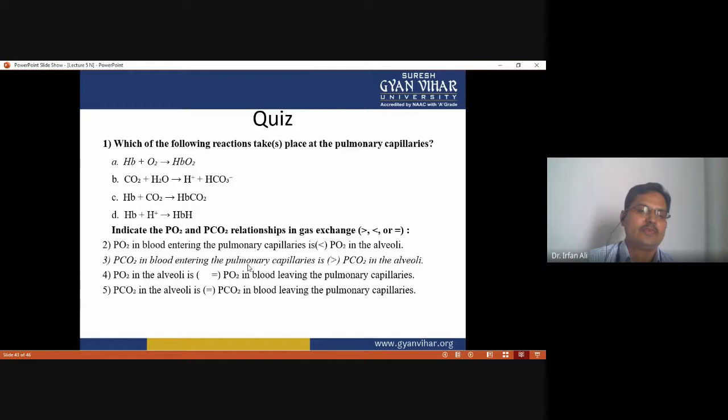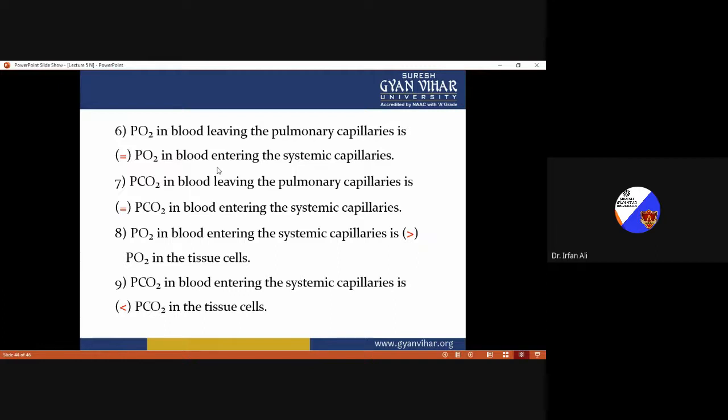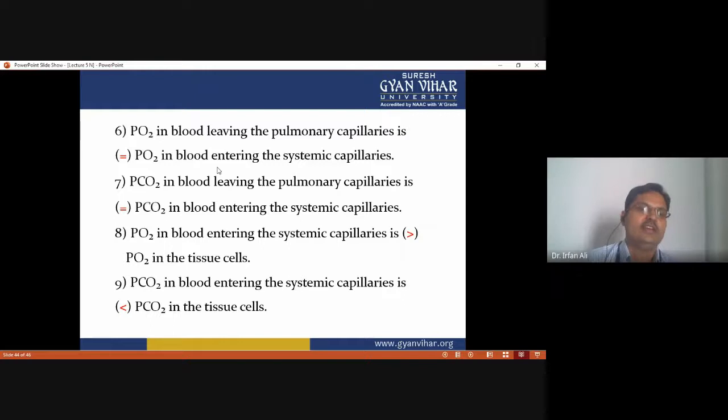and the partial pressure of carbon dioxide in the alveoli is equal to the partial pressure of carbon dioxide in the blood leaving the pulmonary capillaries, and the partial pressure of oxygen in the blood leaving the pulmonary capillary is equal to the partial pressure of oxygen in the blood entering the systemic capillaries, and the partial pressure of carbon dioxide in the blood leaving the pulmonary capillary is equal to the partial pressure of carbon dioxide in the blood entering the systemic capillaries, and the partial pressure of oxygen in the blood entering the systemic capillary is lower than the partial pressure of oxygen in the tissue cells, and the partial pressure of carbon dioxide in the blood entering the systemic capillary is lower than the partial pressure of carbon dioxide in the tissue cells,